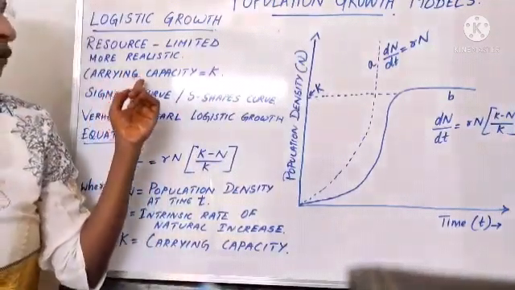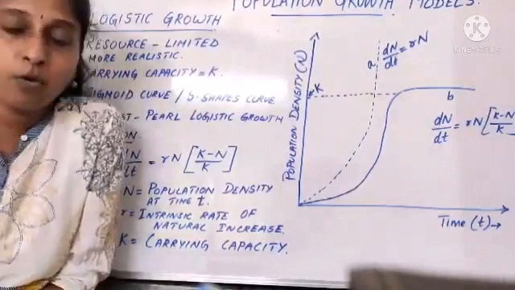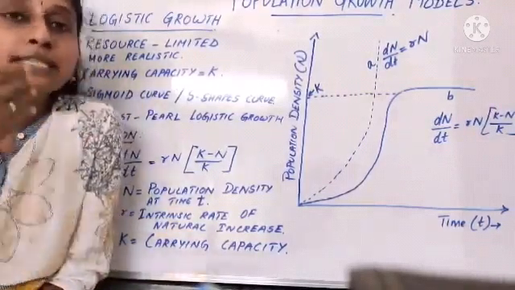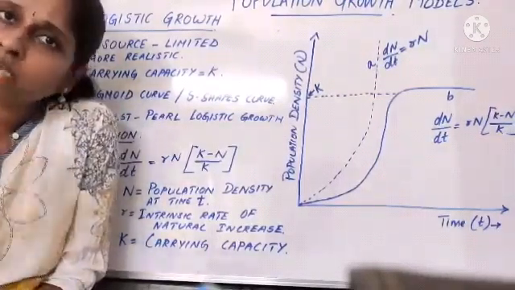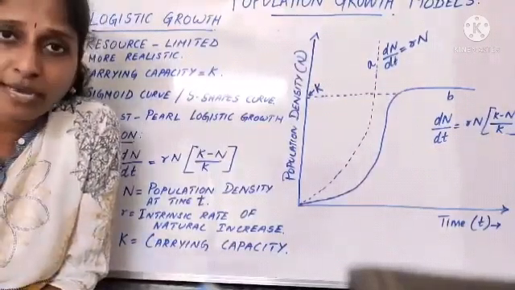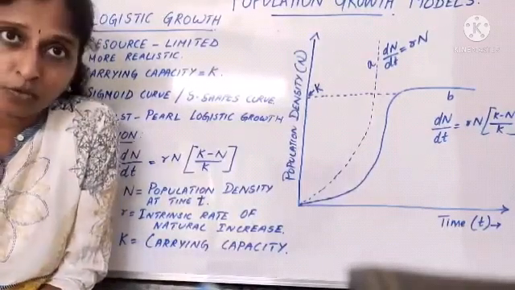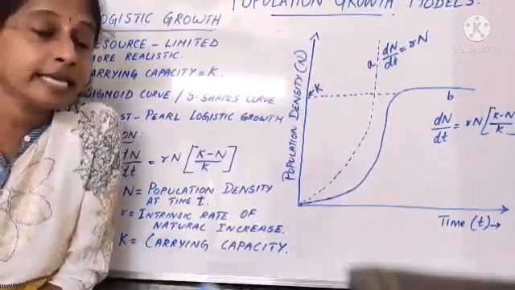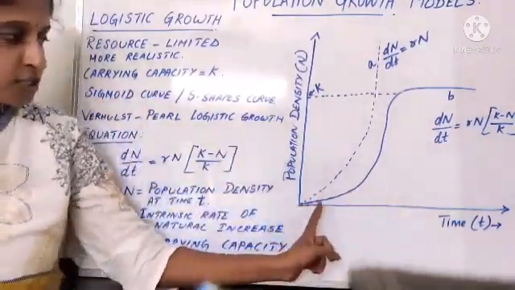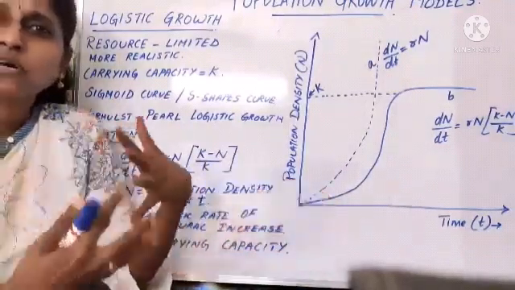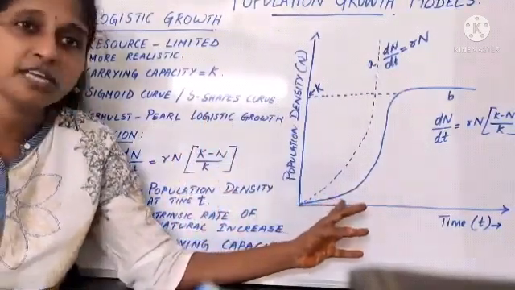So in the S-shaped curve, what happens? Carrying capacity comes in. Carrying capacity is represented by the letter K. When this carrying capacity comes, thereafter you cannot find the population increasing, because the earth can carry this many individuals only. If you are increasing, the earth is not ready to accept you, because that much pressure only the earth can take. So that we call the carrying capacity. How will the graph be? The time is going on increasing, the population is going on increasing. First, because a new species is coming, it is taking time to adjust, slowly the population will increase.